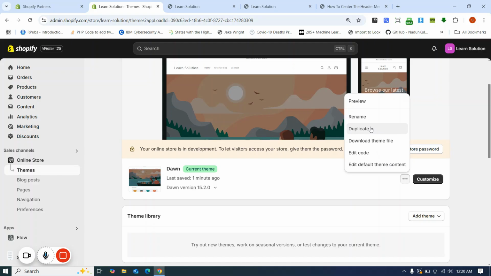Always keep a duplicate version of your current theme. It will help you if you face any problem when you edit some code. So it will be your lifesaver. After that, just click on edit code,